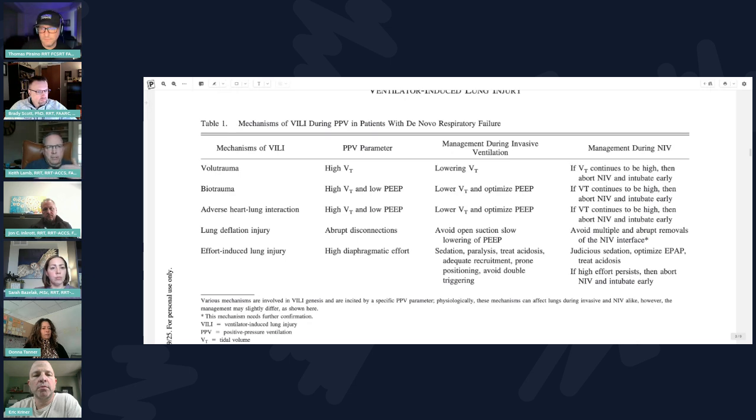So to bring it back to practicality, if a young RT or whomever comes up to you and says, how can I mitigate or reduce the opportunity of hurting the patient with the ventilator? Then what do you tell them? You tell them monitor driving pressure, right? Start out with a reasonable tidal volume, measure plateau pressure, measure PEEP, monitor that driving pressure. What else do you tell them?